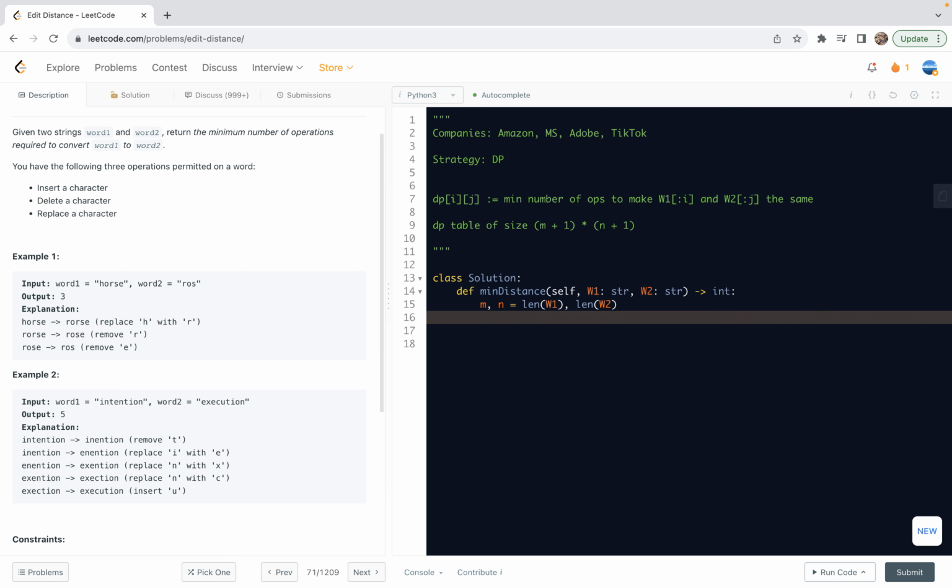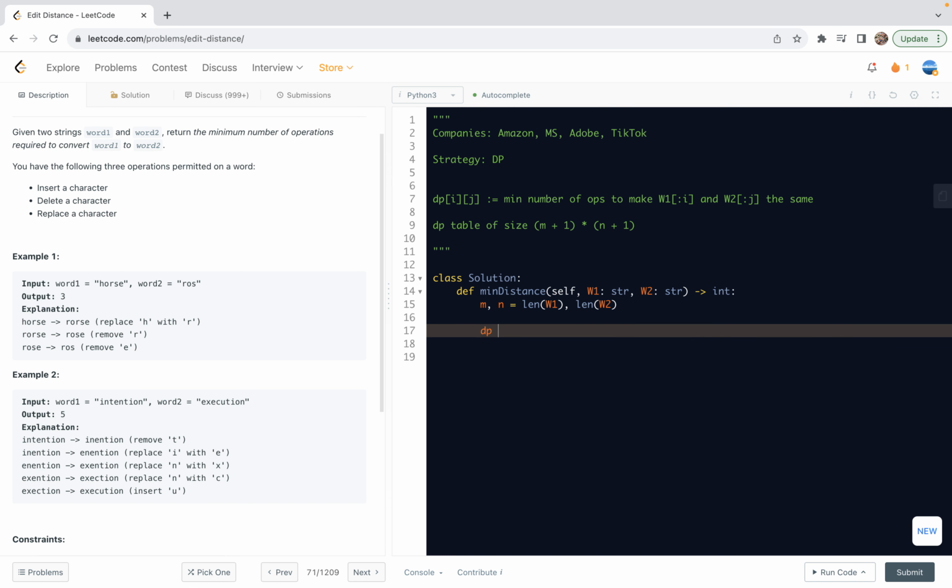So here we have word 1 and word 2. Here I changed the two words to w1 and w2 for convenience of writing. So now let's initialize a DP table, right? So when we initialize the DP table for the inner one, we can do this, n plus 1. This n plus 1 is the number of columns in this 2D table, right? And then we cannot multiply by m plus 1. The reason is that a list is mutable, right? We need to avoid this situation. So here we are going to do for in range